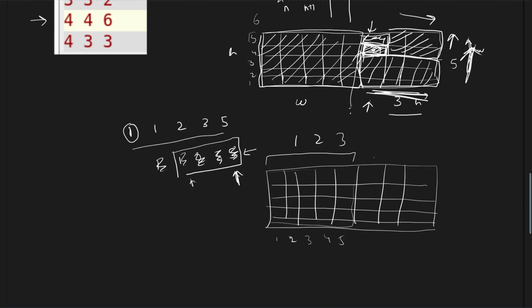So the painted cell should be somewhere in this particular area, right? In the remaining three columns. Otherwise, I can take it in the right half. Then 1, 2, 3, 4, 5. It will be taking this particular space, and the painted cell has to be in the first 3 columns. So if this cell is in either the first 3 columns or the last 3 columns, so what is the